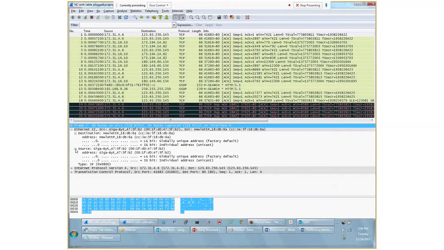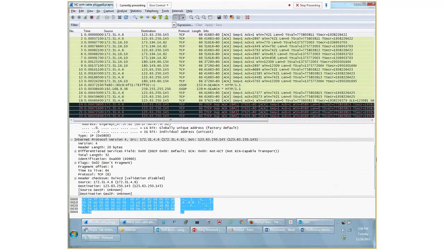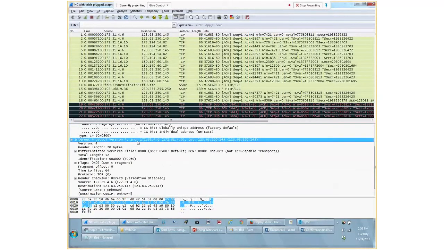So here you have information about the data link layer, which is nothing but your MAC address layer. And then if you click here, you have information about the IP address. So you have the source IP address, and then you have information about the destination IP address.